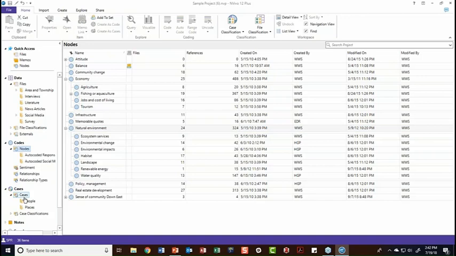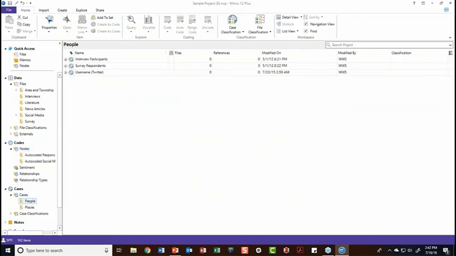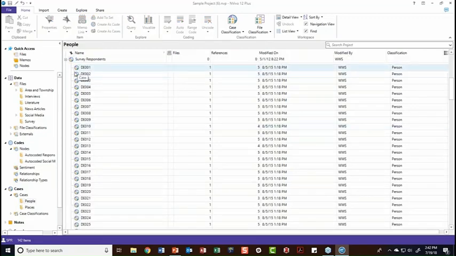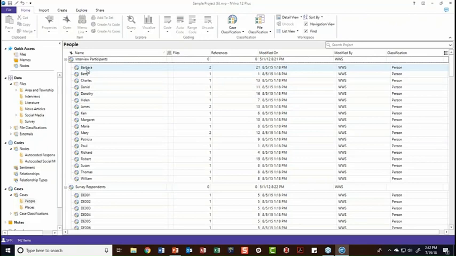And basically, cases allow you to take your data and create groupings based on your units of observation or your units of analysis. So in this instance, they created a case for each of their interview participants, which in turn allowed for the application of